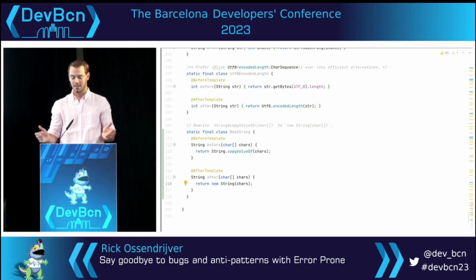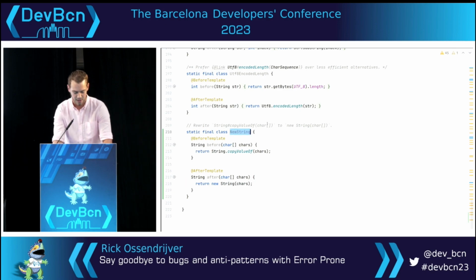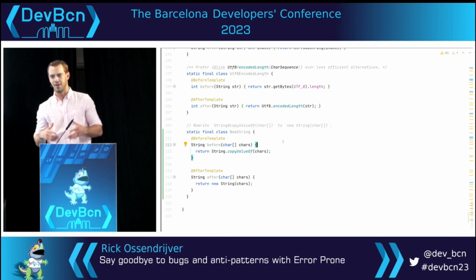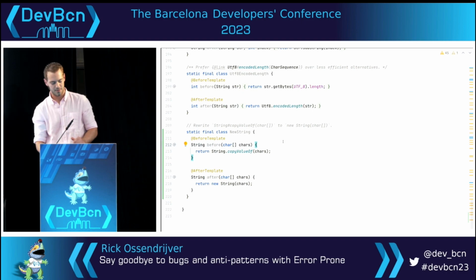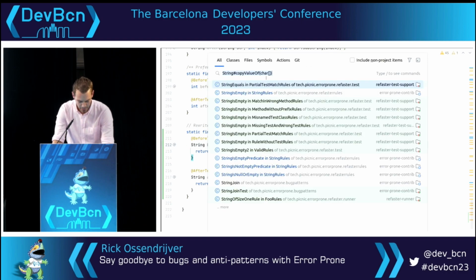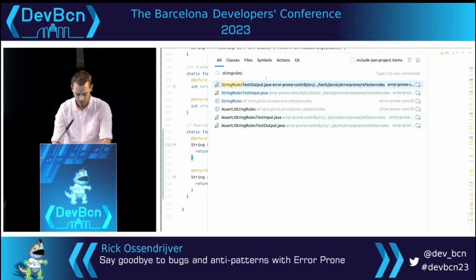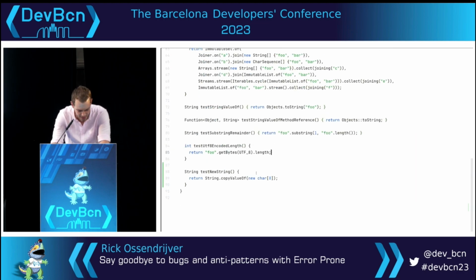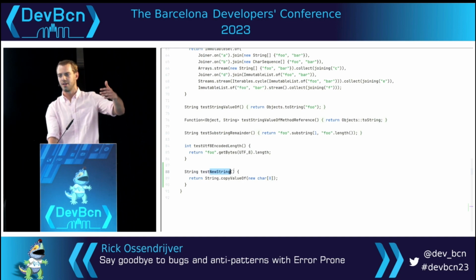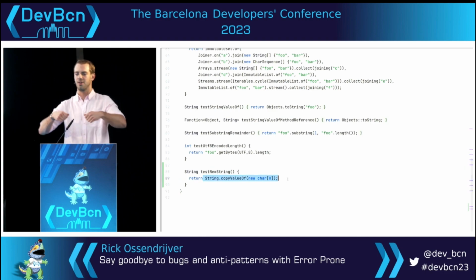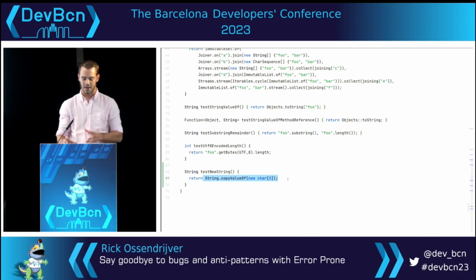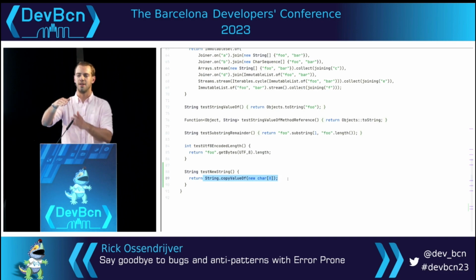Okay, now the test. So how this is set up is that for every refoster rule, so this is the string rules file, and we have a string rules input and output file. So we're going to navigate to that. String. So the input file, and I already added the test input here. So this is the way of linking it. So we have the new string is the name of the refoster rule, and here we have to define something that the refoster rule would match in the before template. And then the idea is that it applies the refoster rule, and then in the output file we